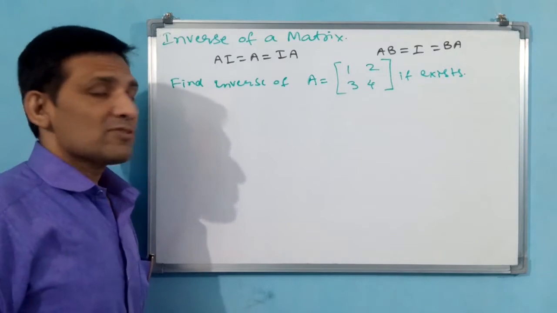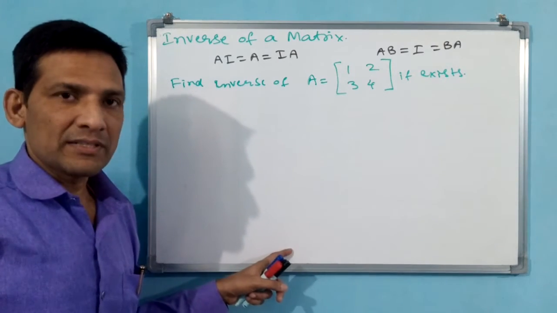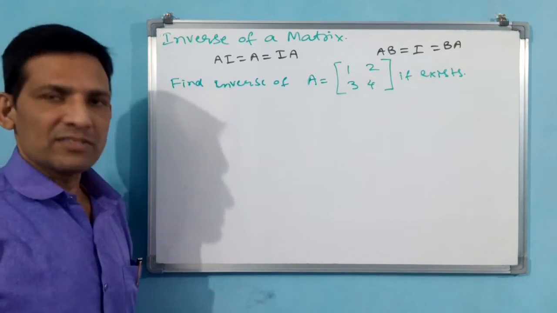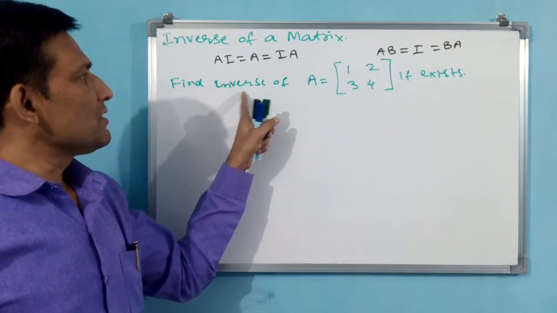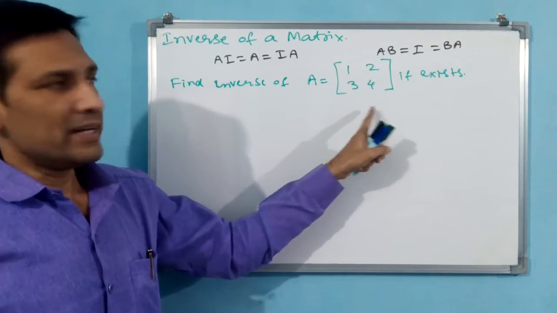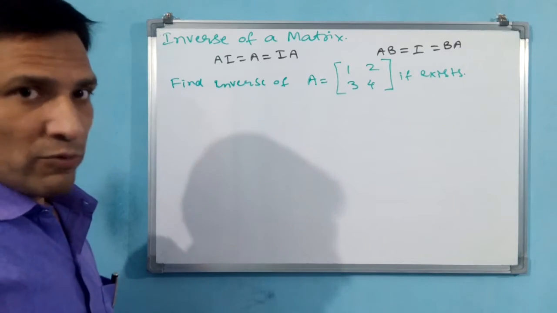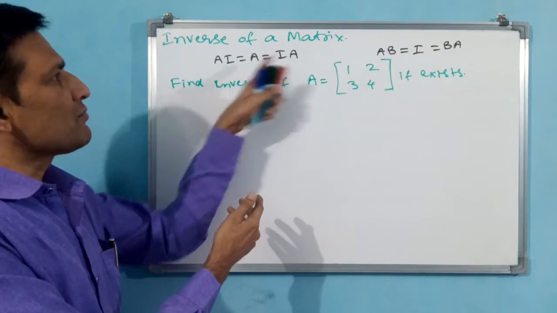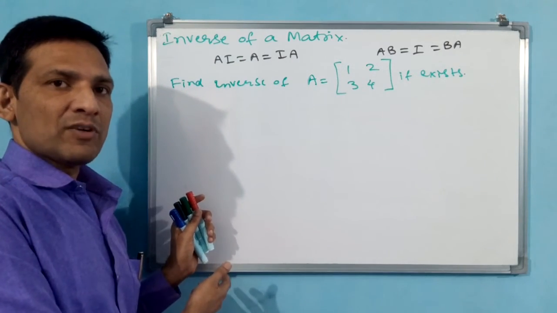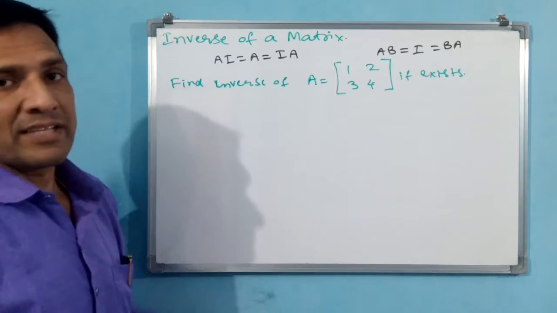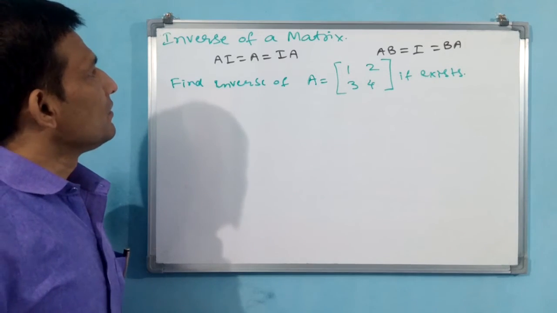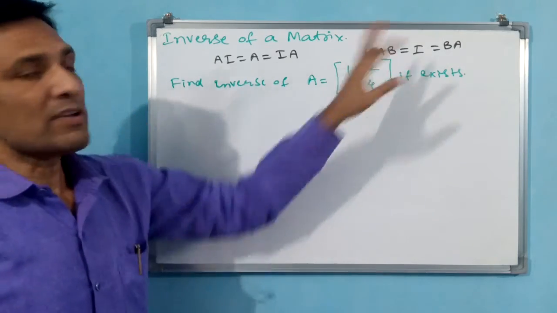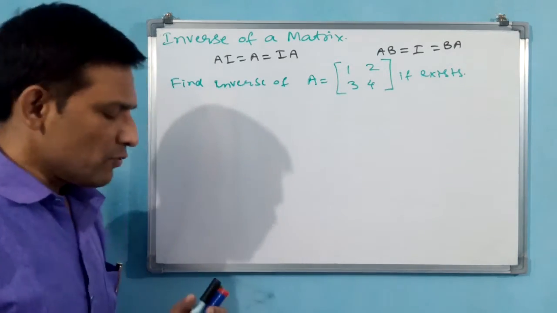If the inverse does not exist, you do some certain calculation, and then you have to write that the inverse is not existing. Here I have written, find the inverse of A, the 1, 2, 3, 4 matrix, if it exists. Whether it exists or not, we don't know. Let us see. If two matrices are given and AB gives I, then you can say B is the inverse of A. Here only one matrix is given. A into I will only give A, but that is not going to tell the inverse B. What is B? That B we are finding.